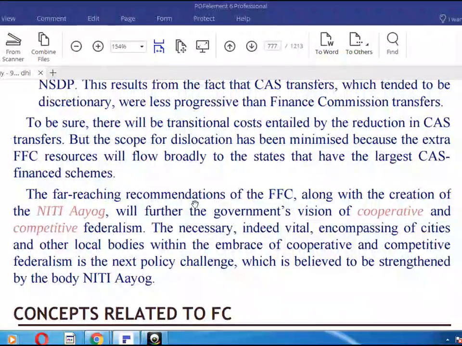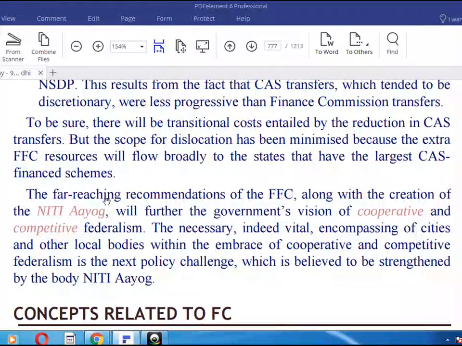To be sure, there will be transitional costs entailed by the recommendation on the CAS transfer, but scope for resolution exists because the extra FFC resources will flow broadly to the states that have the largest CAS